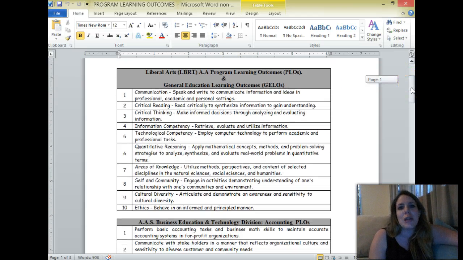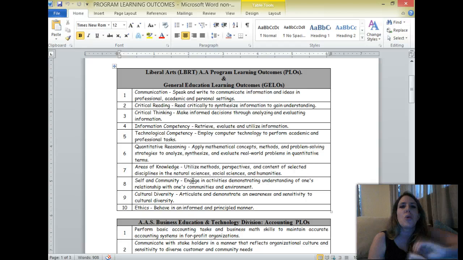Now, if I go down to my liberal arts, I say, okay, here are the 10 of them. Yes, they're communicating. It addresses that one. Critical reading, not so much by this particular assessment activity, so I'm not going to choose that one. Critical thinking, absolutely, right? They're having to critically analyze the data that they're collecting. So I'm going to click that, et cetera. I might not choose 9 and 10 because this study doesn't so much address that. So anyway, that's kind of the idea.